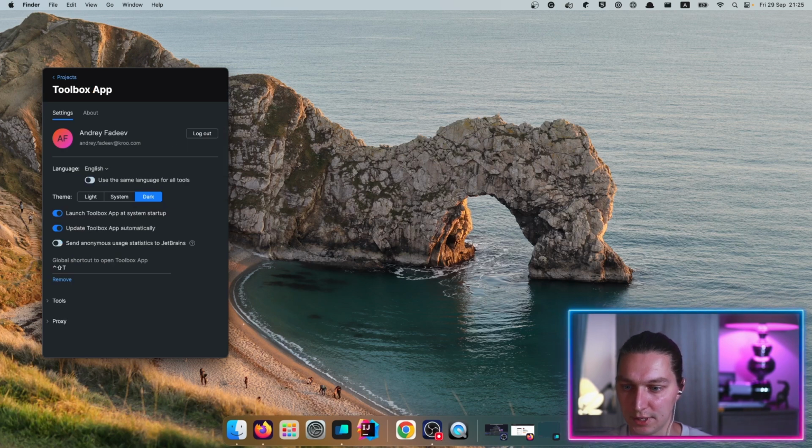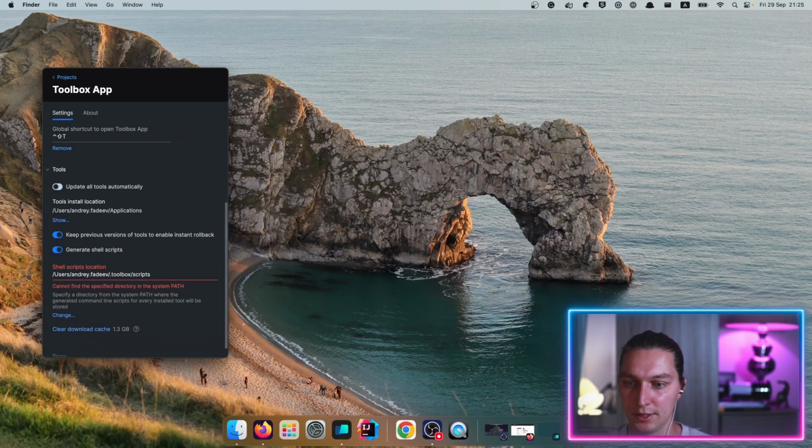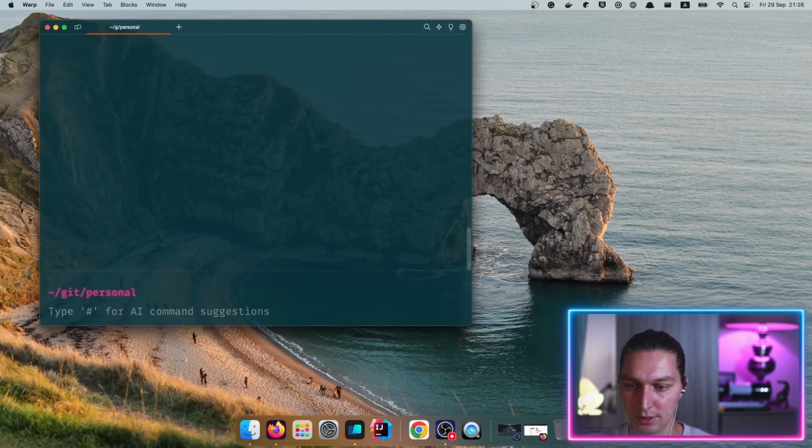The other one from the same menu, if we go to the tools here, you can enable CLI commands to open IDEA. It shows it as red, but it's actually properly configured, so it works. I think it's because I'm using the fish shell for some reason, but yeah. Anyway, you just enable it here, and you specify your script's location. I have it here, Toolbox scripts, and then you add this location to the path, and it works. So if I go to my terminal, I'm actually using this Warp terminal